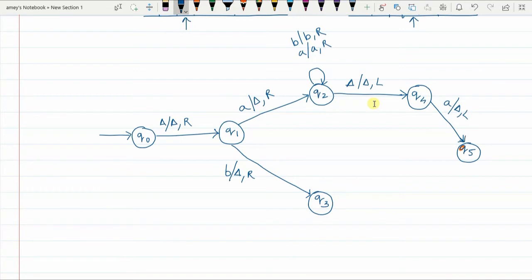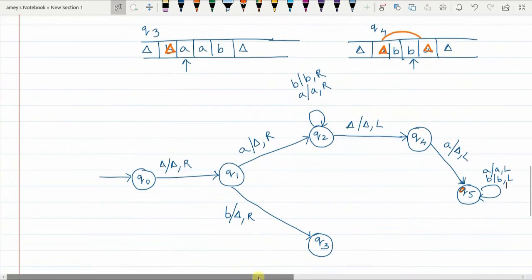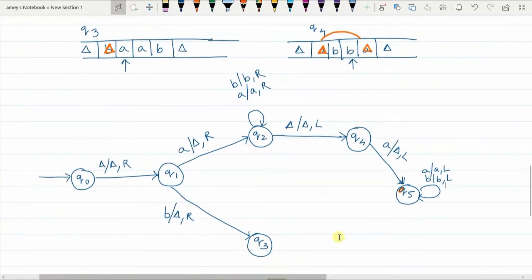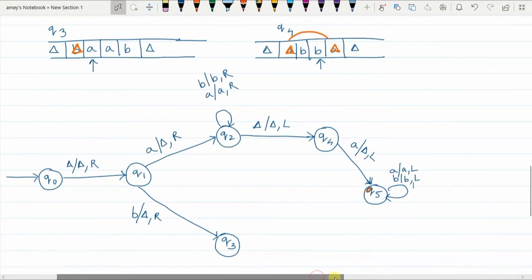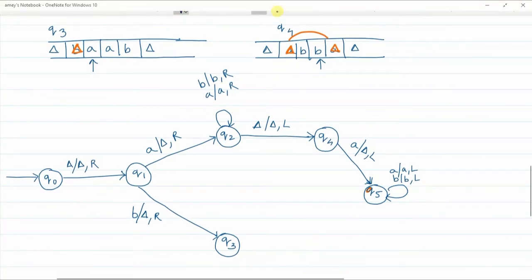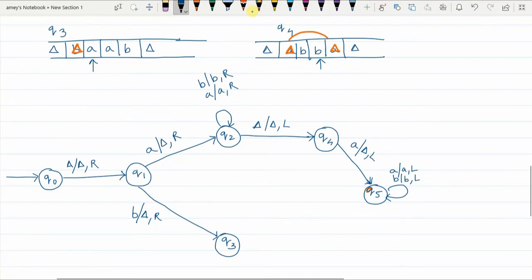Now what do we do in Q5? In Q5, while going towards the left, if any A's are encountered, A is replaced with itself and the pointer moves to the left. If any B's are encountered, B is replaced with itself, and the pointer still moves to the left. So from Q4, when A is encountered, A is replaced with itself, the pointer has moved to the left, and you are no longer in Q4 state.